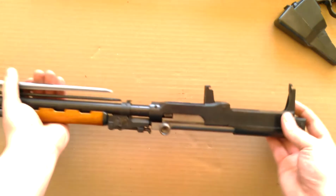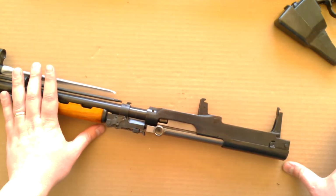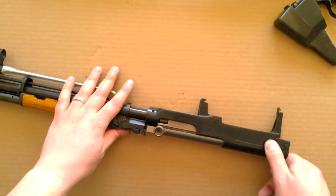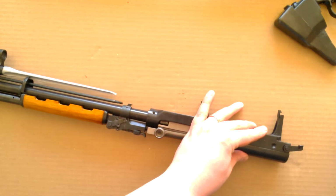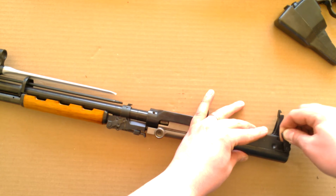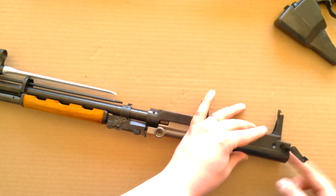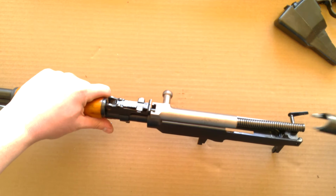So now to take this apart, and you don't have to take the stock off to clean this and the internals here. You don't have to, but I'm just doing this so you can see everything. Take this little takedown pin here, pop it out of the hole, bring it back over. Let's see, it's right. You'll feel it. There it is. Bring it back to there, and pop it, and then you'll feel the back cover of the receiver come off. You slide that off,